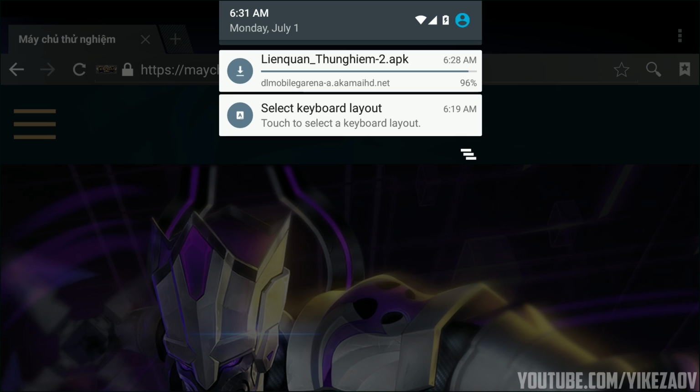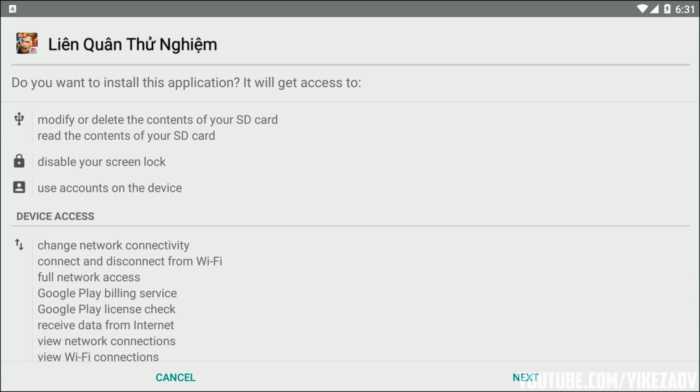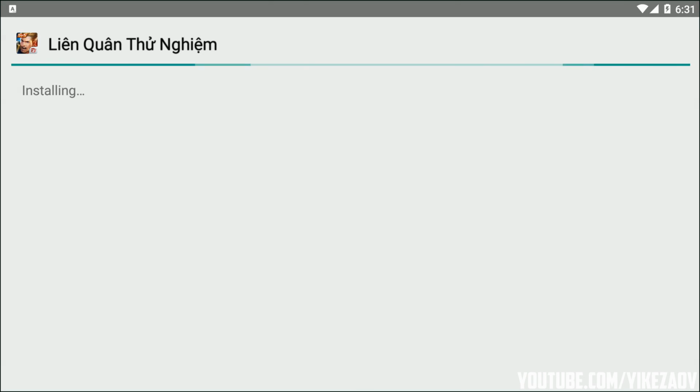Alright, so it's almost done. We're at 96% and it's gonna be over soon. There we go. So it's at 100% now. What you want to do next is actually open up the file so you can install it. There we go. We're just gonna press on it, and they're gonna ask you if you really want to install this. It's gonna access all of these apps, so you just want to press on next, and it's gonna